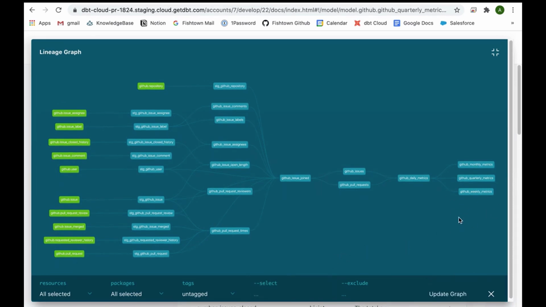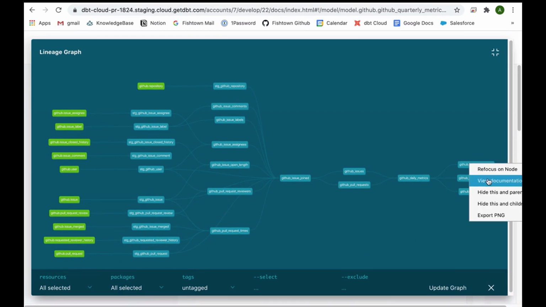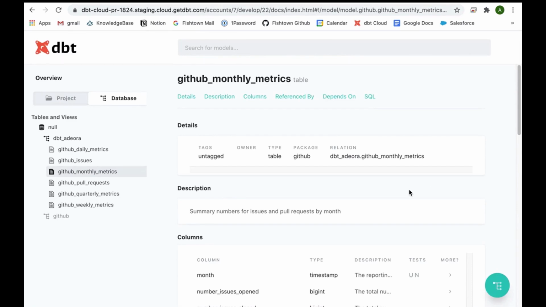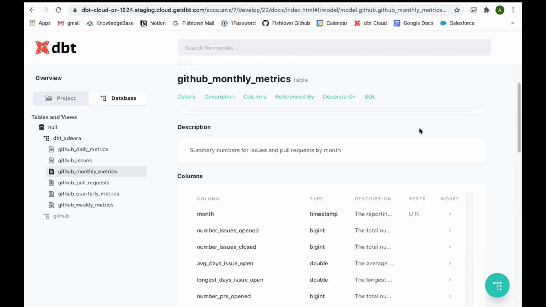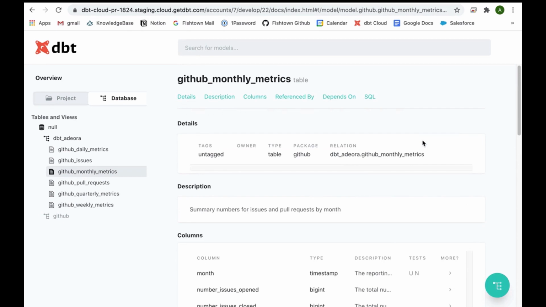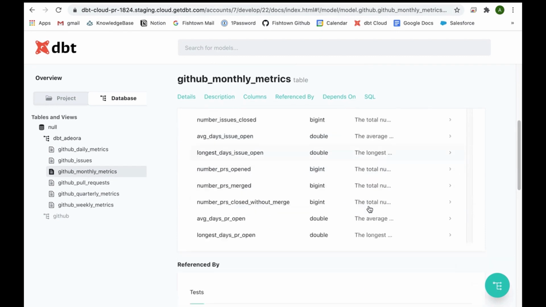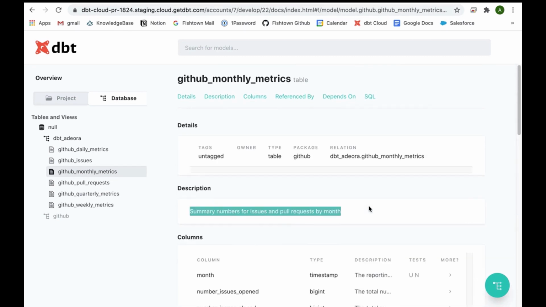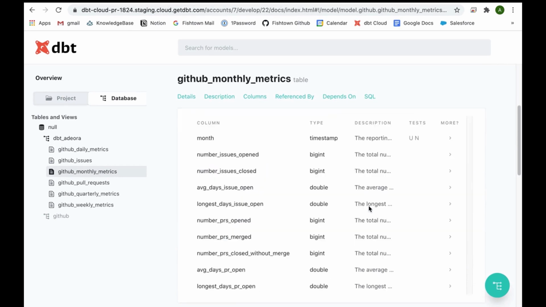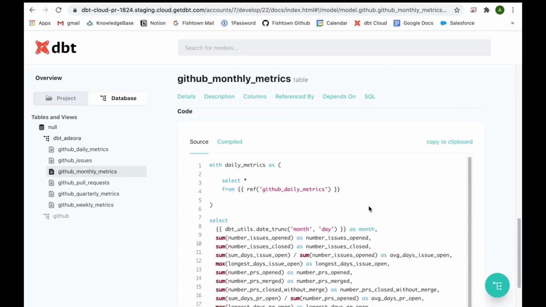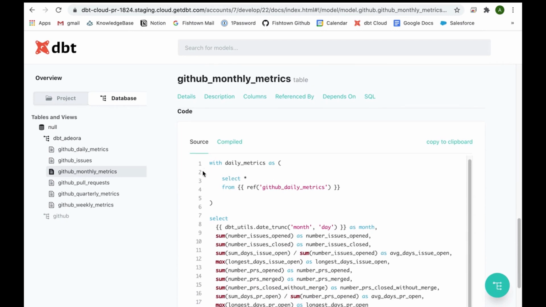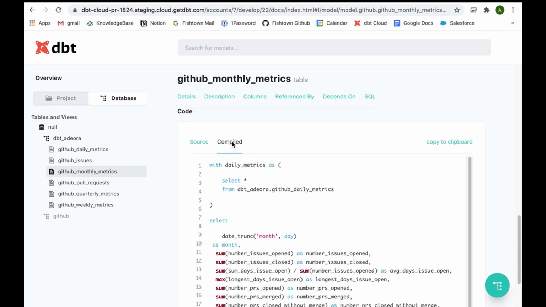Actually, at this screen, I can access documentation as well at the model level. What's great about the packages that Fivetran has developed is they actually include these descriptions both at the table level or the model level and at the column level as well, so that your data models are kind of automatically documented when you use a package. And I can actually see here my code. Here's my dbt source code, and here's what that looks like when it's compiled to SQL.